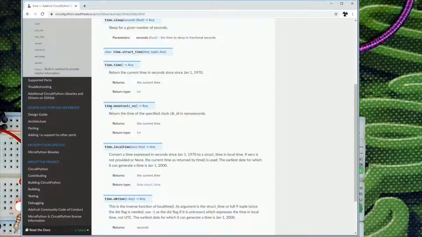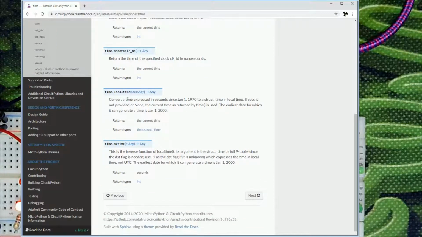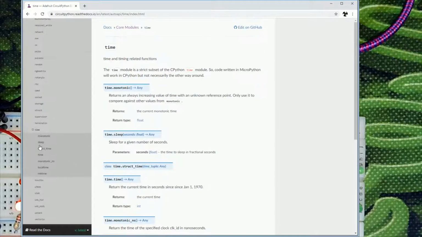Then you can go in here, time monotonic nanoseconds if milliseconds aren't fast enough for you. You have local time, make time. Those are all things that are there for you. So you can see that was actually all available to you. And one of the ones that we use today